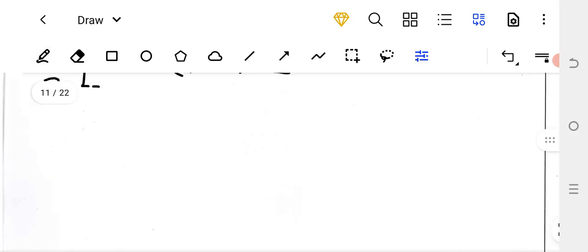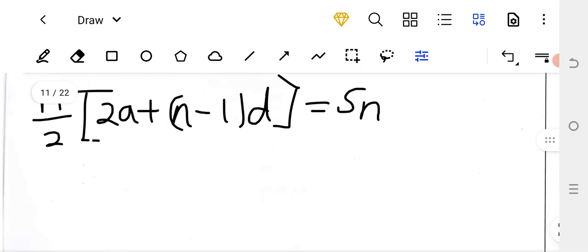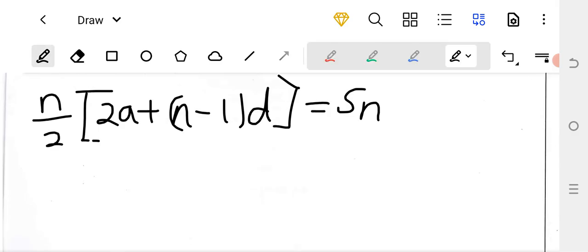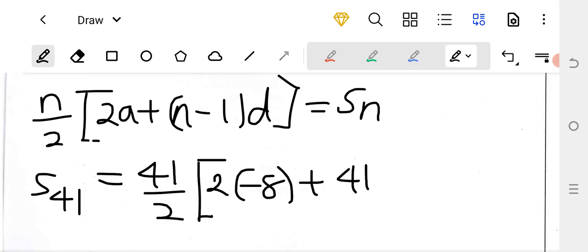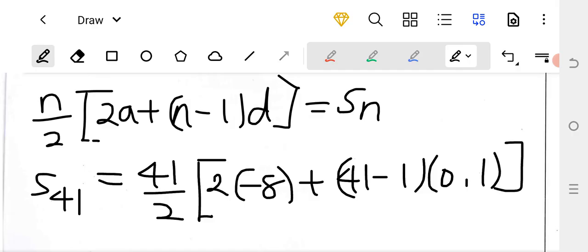Okay, so that is the formula. So we are going to say the sum of the first 41 terms is equal to 41 divided by 2 multiplied by 2 multiplied by a, which is negative 8, plus n, which is 41, minus 1, and then d is 0.1, like that,